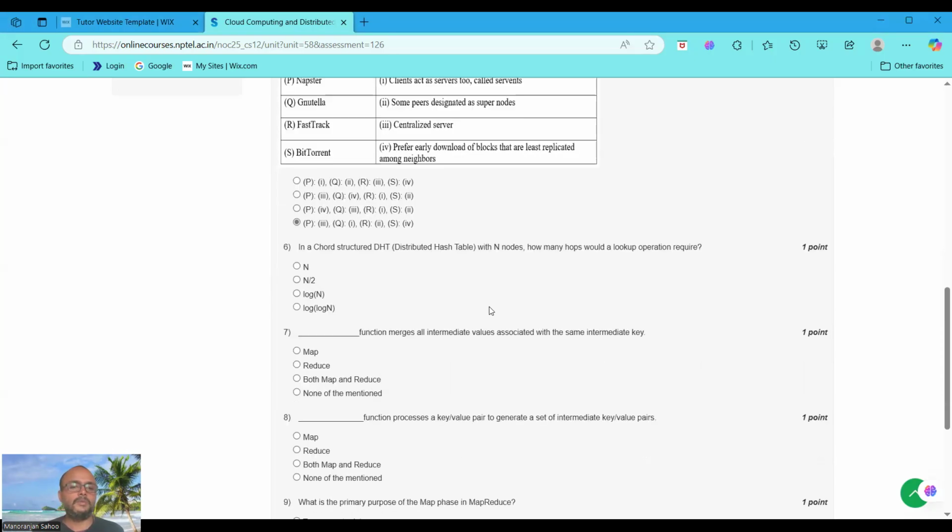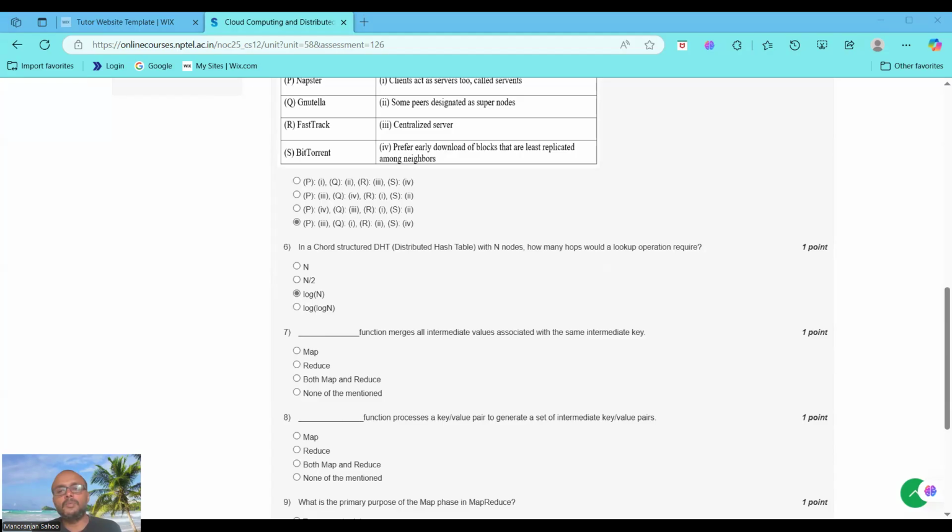Option D. Moving to question number 6. In Chord structured DHT, a distributed hash table with n nodes, how many hops would a lookup operation require? This is log n. Question 6, option C, log n, because in the Chord DHT, a ring-based structure, each node maintains